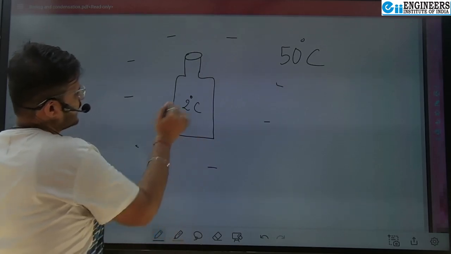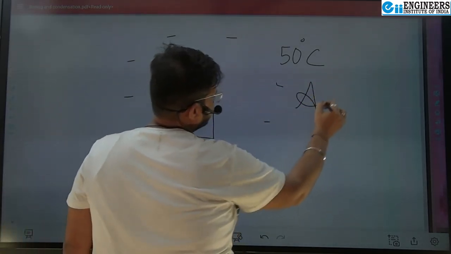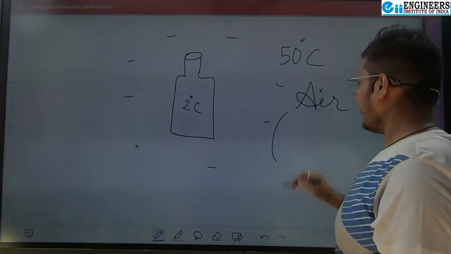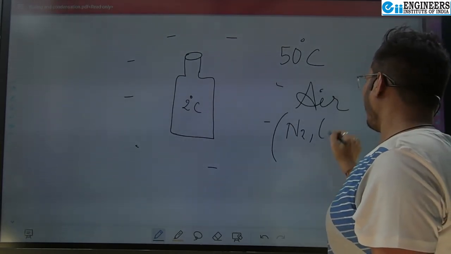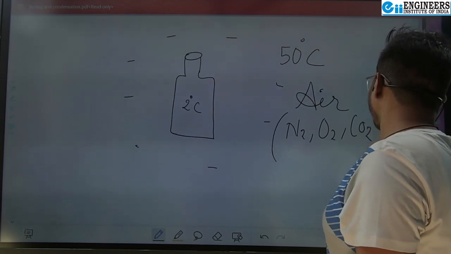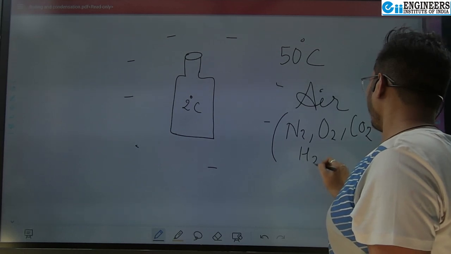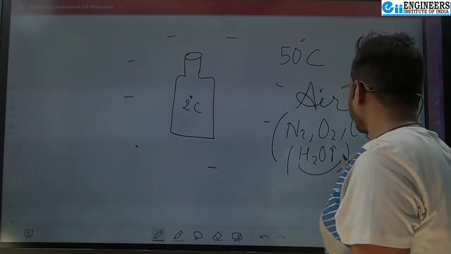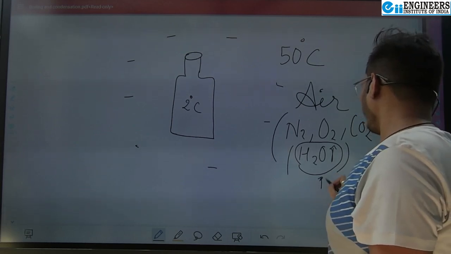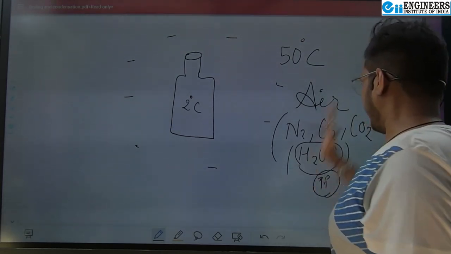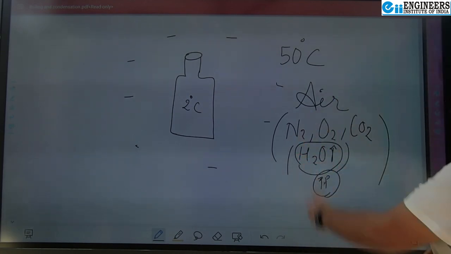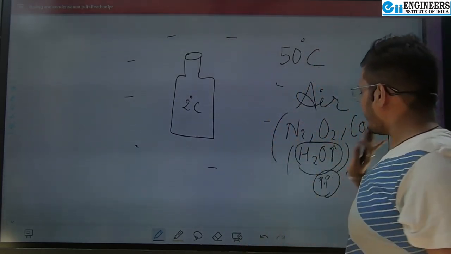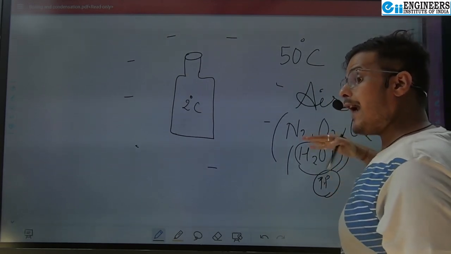This air that is in the ambient is a mixture of gases. As a chemical engineer, you know the main constituents of that: nitrogen, oxygen, carbon dioxide. Then it has some constituents of water vapor also. So this water vapor has a saturation temperature corresponding to its partial pressure in the ambient, and when it comes in contact with a surface whose temperature is very low compared to the saturation temperature of that liquid at the given pressure,